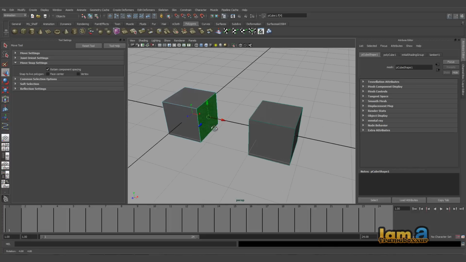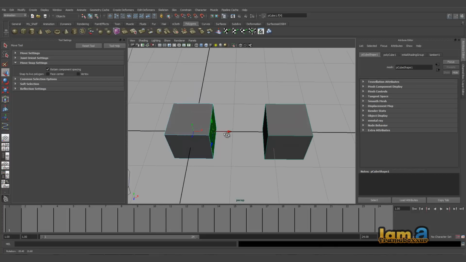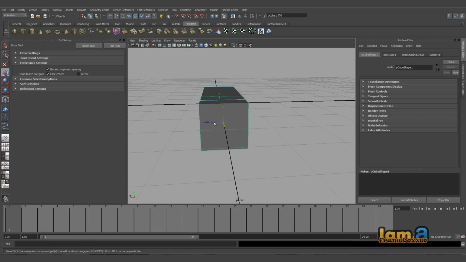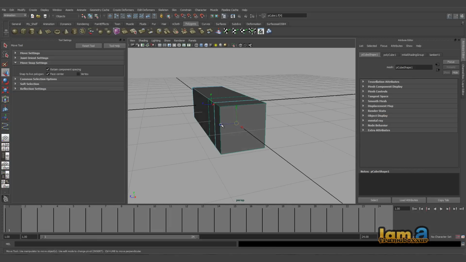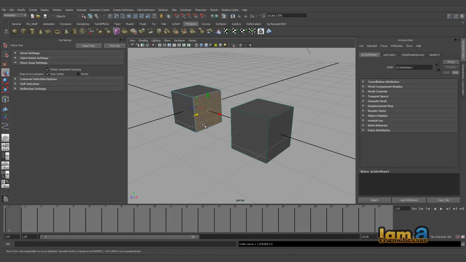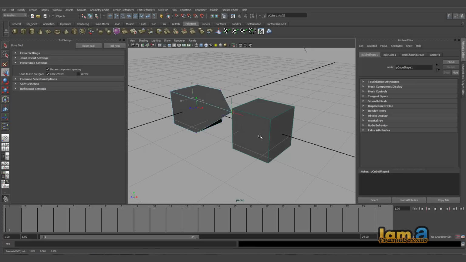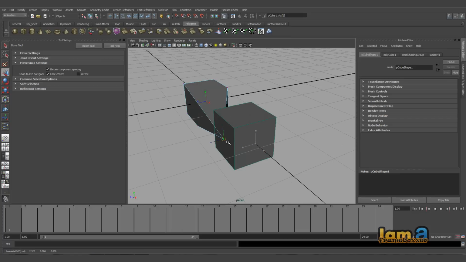Okay, now with the face on, if we go to face center, snap to live polygon face center. So let's go and move this. You can immediately see this is snapping to the face center, right? Otherwise, if you want to see this more clearly, let's choose a vertex. If you see this, it snaps to the center of the face by default, because face center is on. If I say vertex, then it snaps to the vertex. So it snaps to the vertex, which is really cool. I hope you get this, right?